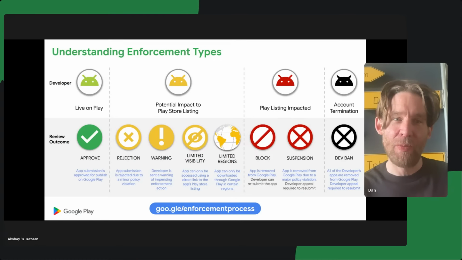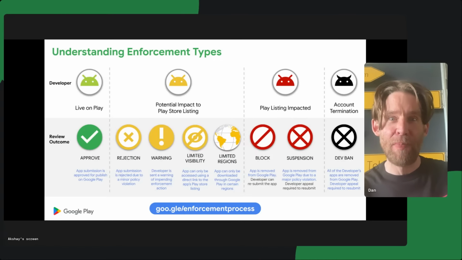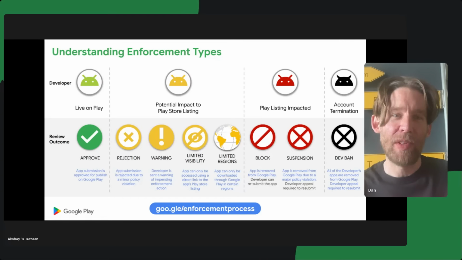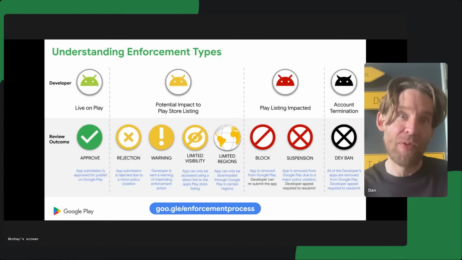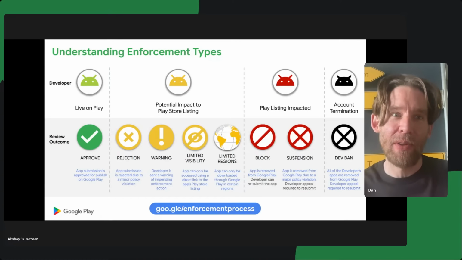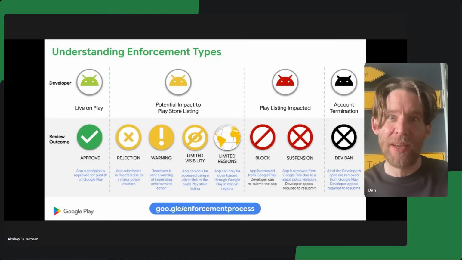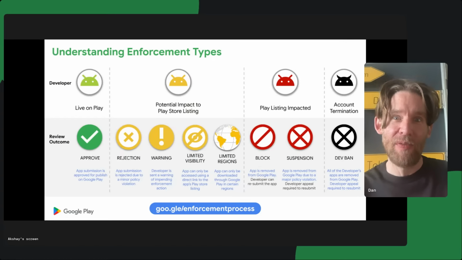The last thing, I hope none of you have been subject to this, but sometimes we do ban accounts as well. I think we'll speak to that a little later. But just to let you know, of course, we do ban accounts. This can happen if you violate our policies again and again and again. But also sometimes if you just violate our policies in a very serious way, we feel that the only right action here is to actually ban